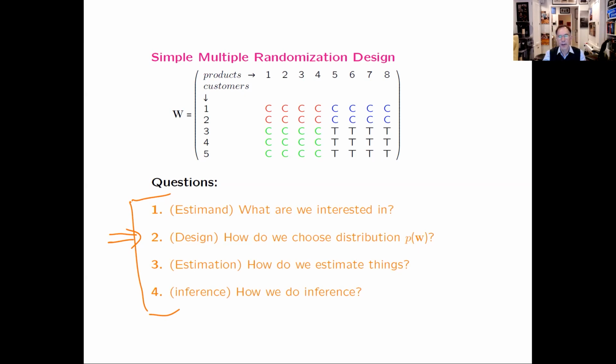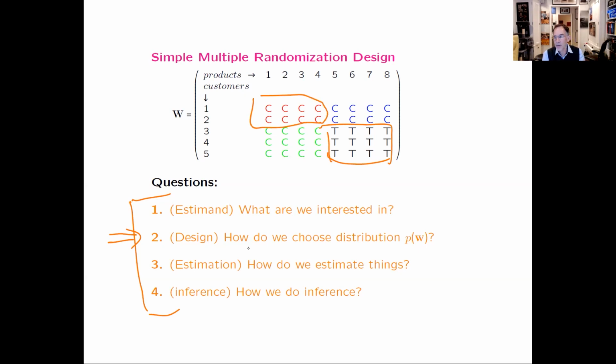So even in this simple design, we could have more pairs assigned to the treatment, say, instead of having half the products, we could have 3/4 of the products assigned to the treatment group and more or fewer customers. And whether that's a good thing to do depends on the magnitude of these spillovers. And it depends on exactly what we're interested in. If we're interested in the overall effect of being assigned to the treatment versus nobody being assigned to the treatment, it's important to have this group be big, but also this group be big.